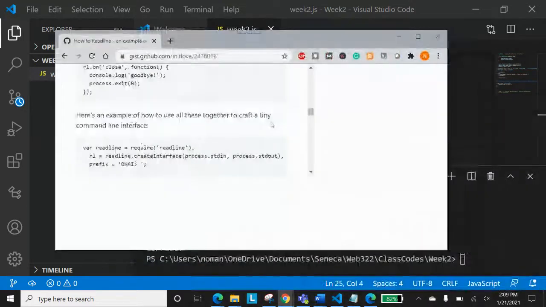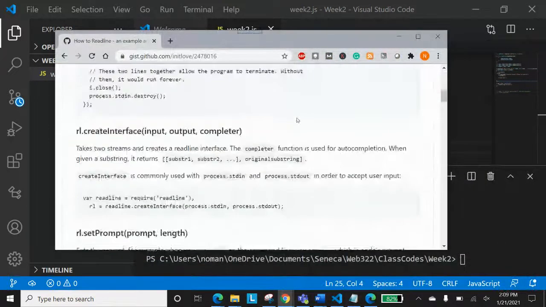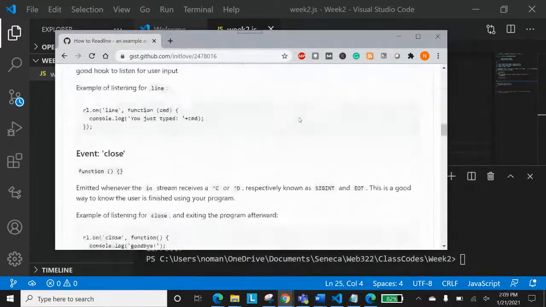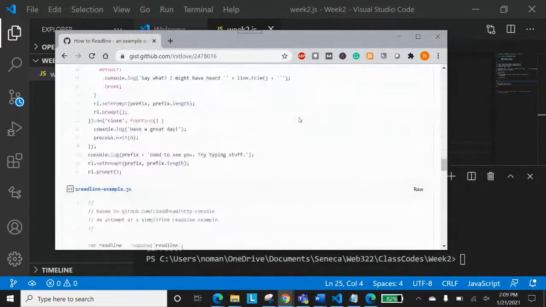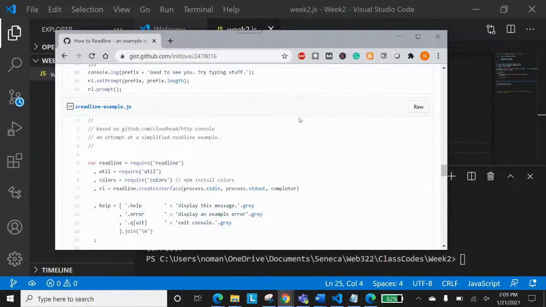Okay, I was telling you that you can have a look at the different things. For readline, if you just Google it, there is GitHub help. There are lots available. From your question, Saroj says, from your question. So what was your question? If you can just re-ask the question. What is r1.prompt doing?